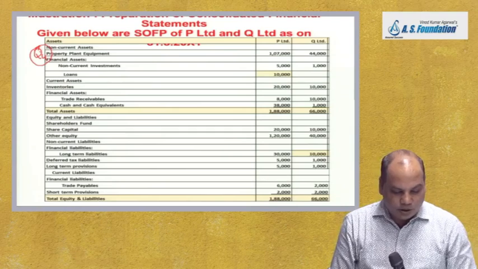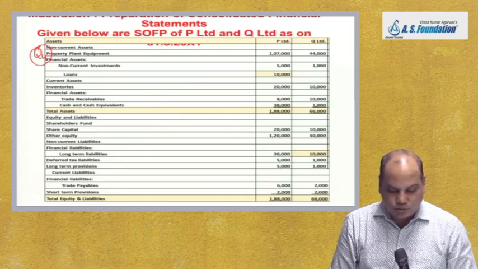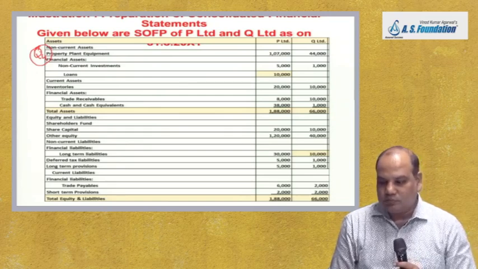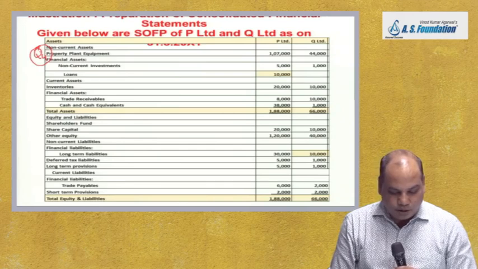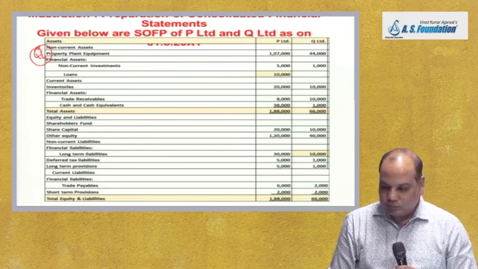Given below are the SOFP of P and Q Limited as on 31/3/20. P, Q: non-current asset, property, plant, equipment, financial asset, non-current investment,